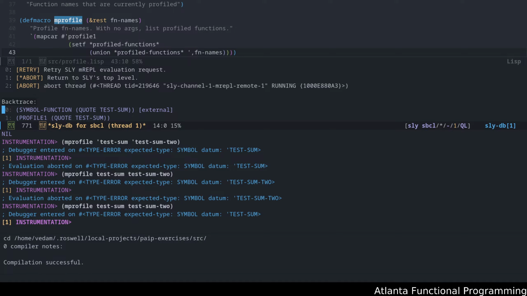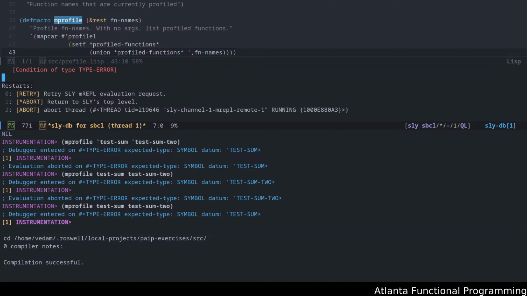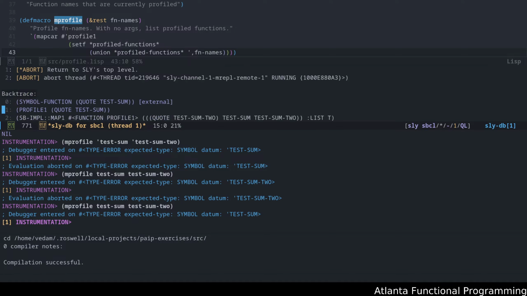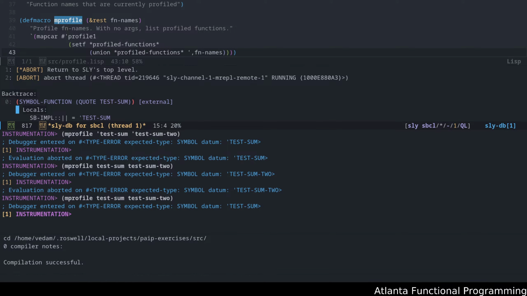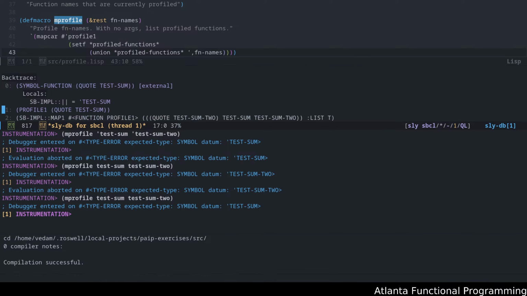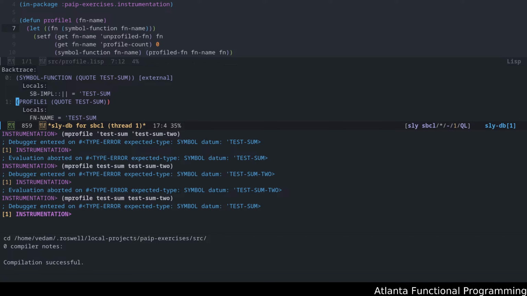So we got a symbol function quote test sum. Oh, sorry. This one, it's getting it from this here, and you're getting the quote test sum. Function name is test sum.